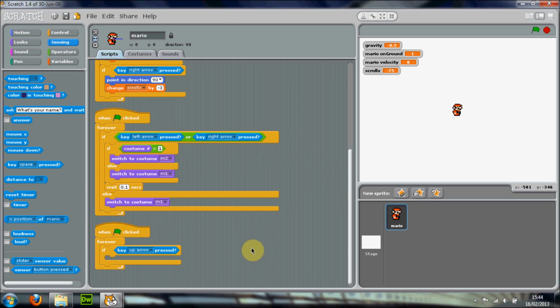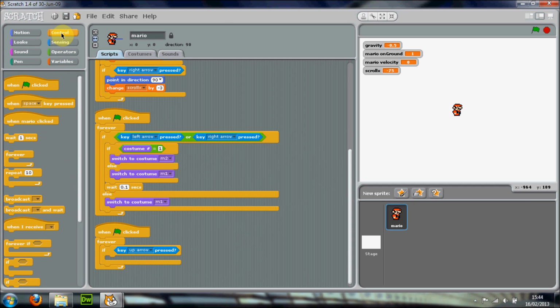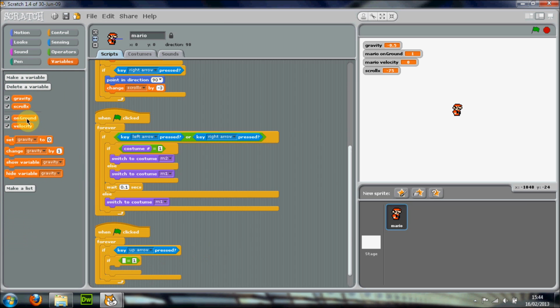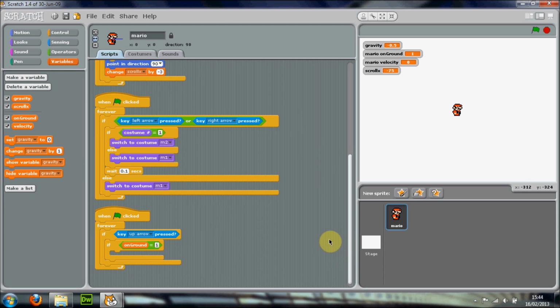Right, okay. And we want to actually see whether on ground is true, because we only want to be able to jump if he's on the ground. So if on ground is true, i.e. it's 1. If it's 1, that means true. Then